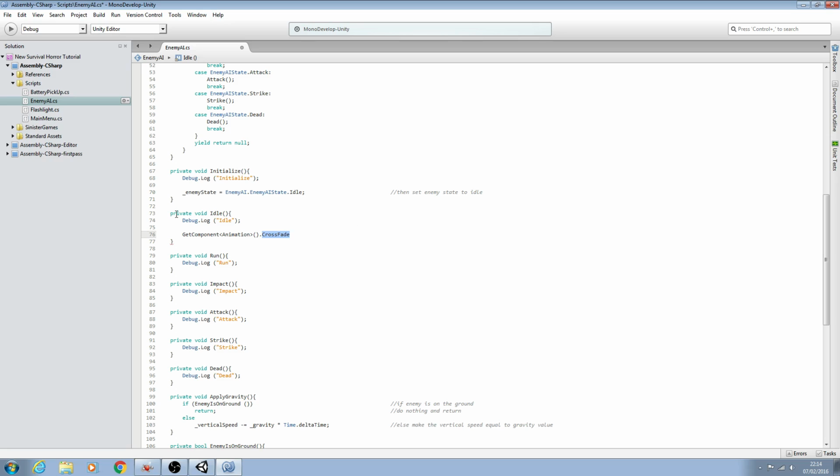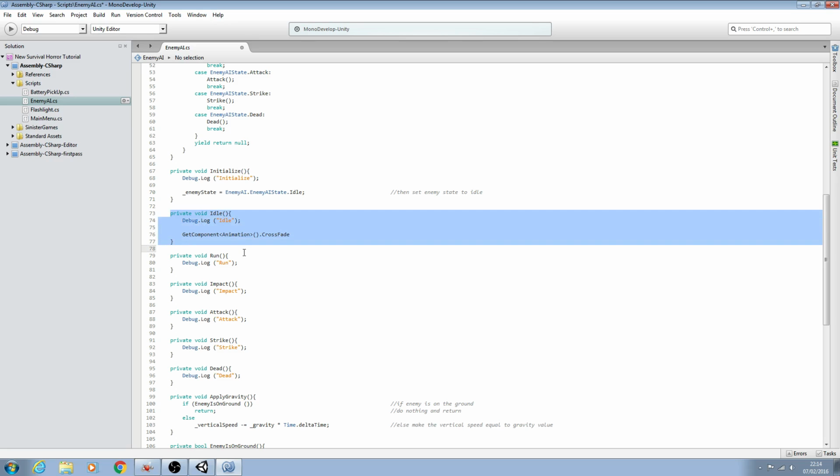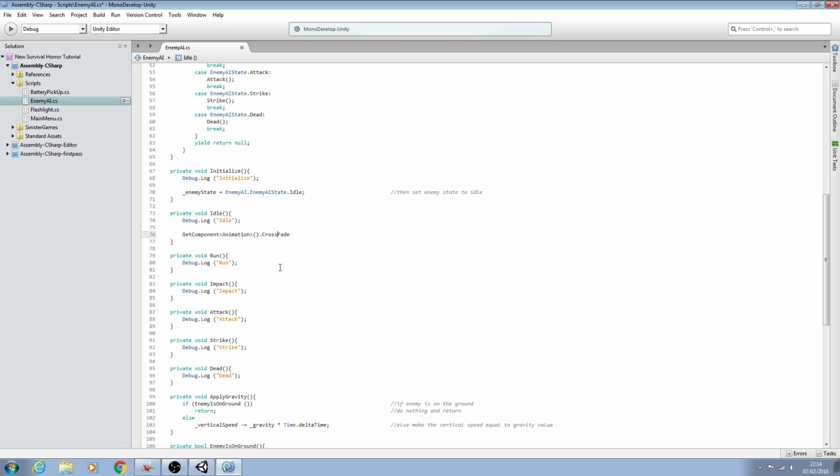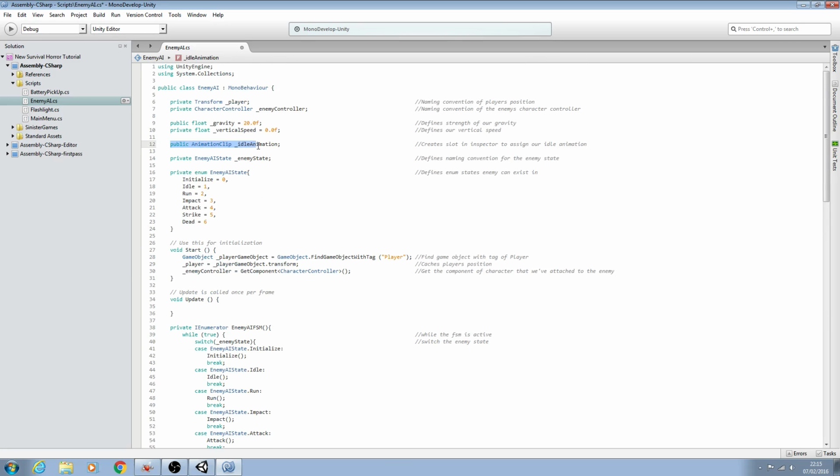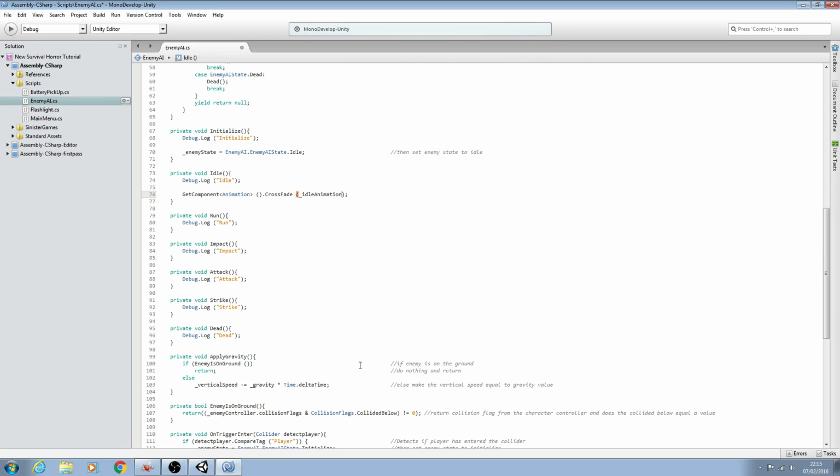Now even though we don't have a previous animation for this block, it doesn't matter, CrossFade will still work just fine. And we'll open and close brackets and we'll close the line off. We'll come inside these brackets here and then we'll call that animation underscore idle animation. Now when you define your animation clip the same as we have up here, we have to add onto the end here dot and then name,